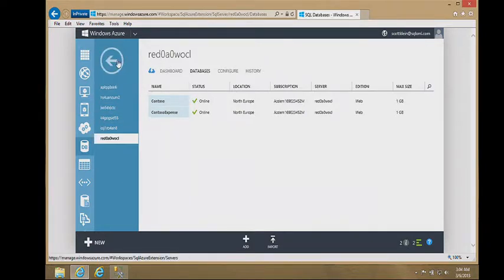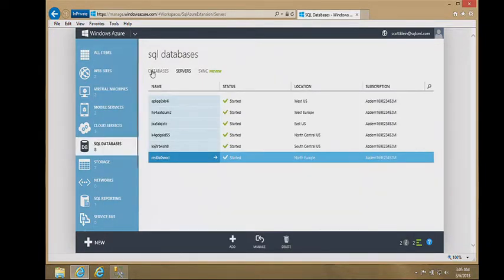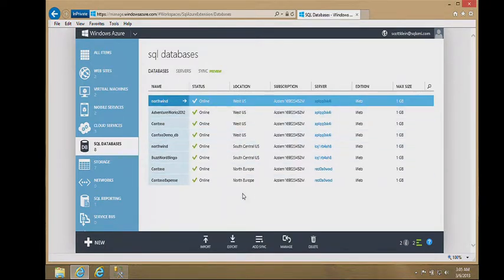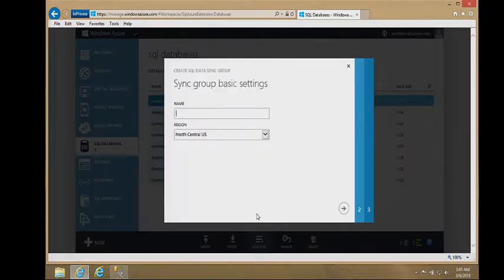So I'm going to go back here and go to my databases. And notice down here in the portal, I've got this data sync. I'm going to add a new sync group. What I'm going to do is show you how easy it is to synchronize data from the database that we migrated to the database that we just created that's empty, right, with no code, and in about 20, 30 seconds, okay? So I'm going to say new sync group, and I'm going to call the sync group TechDays